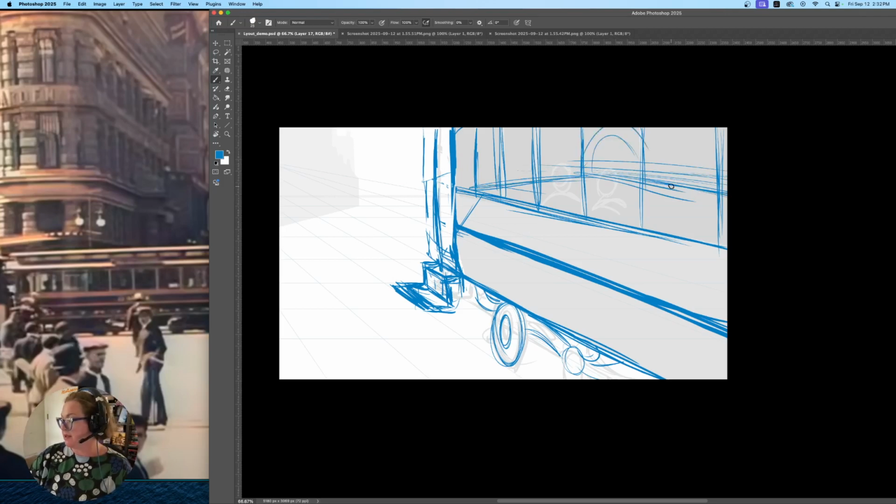Like if there's windows on this side. Basically trying to draw through the design of this trolley, right? So once I can kind of figure out how it's built,